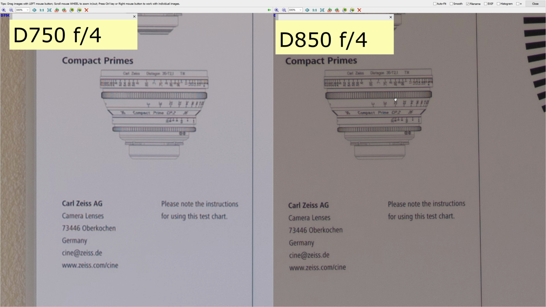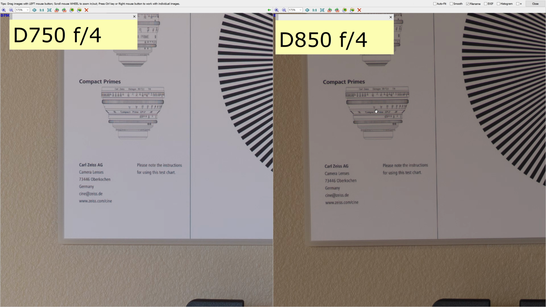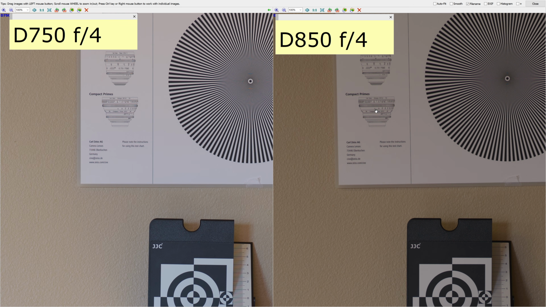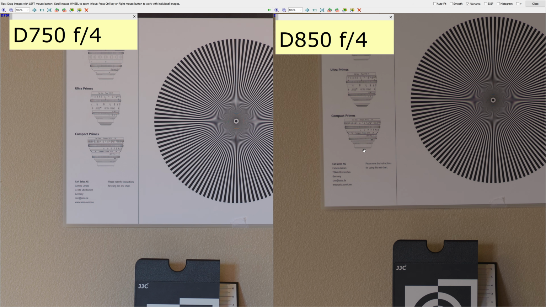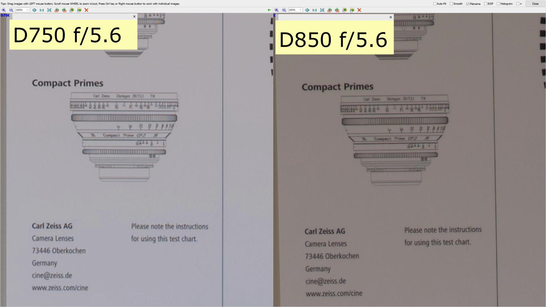And a lot of people are going to argue, why 300%? That's too extreme. Introducing other factors in the equation, you should be comparing at 100%. Well, at 100, it's hard to see any difference, really. So you should give some credit to the D750 is my point, because the D750 file has been both upscaled and magnified after that at 300%.